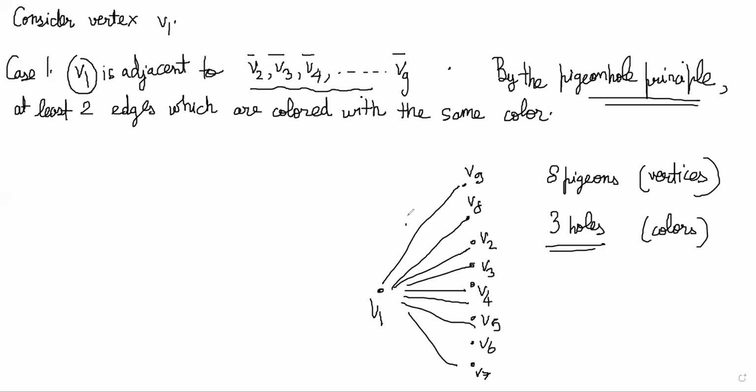So you can mark it I, J, K, but after that you have to repeat some colors, because V1 knows only I, J, K languages. So I has to come back again. Maybe all of them will be I, or maybe some will be J again or K again. So basically the point is that you will have at least two edges, like this one and this one, which will have the same color.